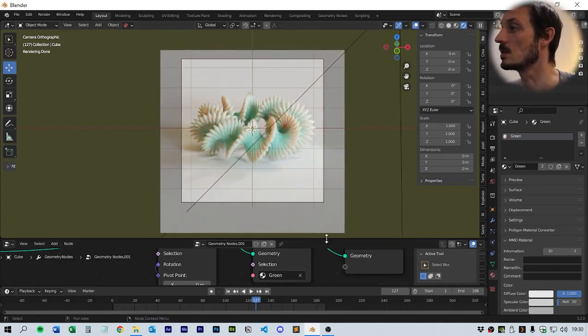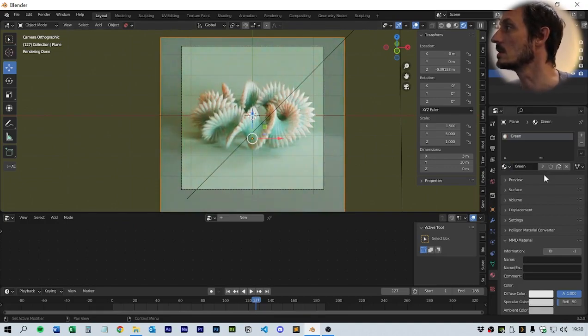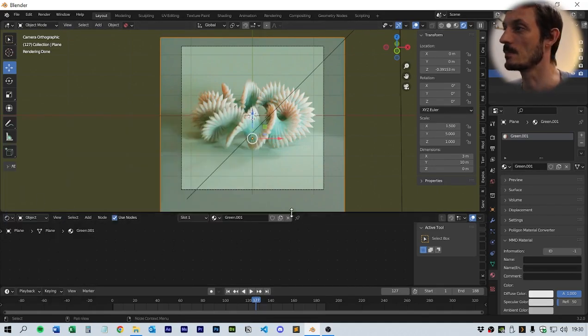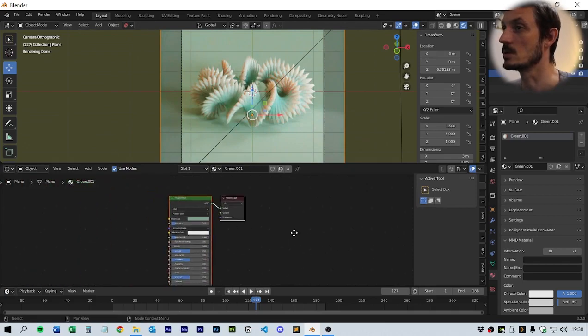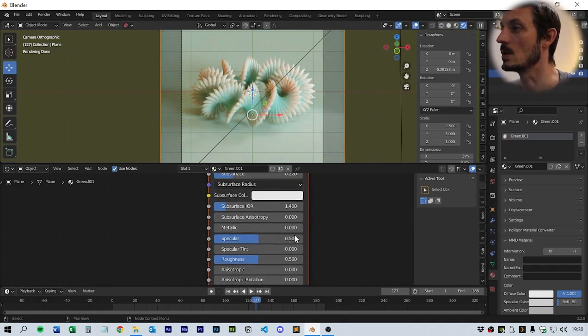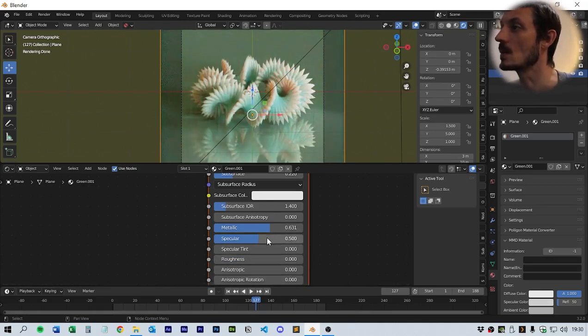The next thing we're going to do is add that to the plane as well. So we'll select the plane and we'll select green, but what we'll do is duplicate that by clicking that little number there, and on this one, if we come back to the shader editor, what we're going to do is turn up the subsurface scattering just a little bit more and bring up the metallic so that we get a reflection. If I have a little look, we need to bring the roughness right down,